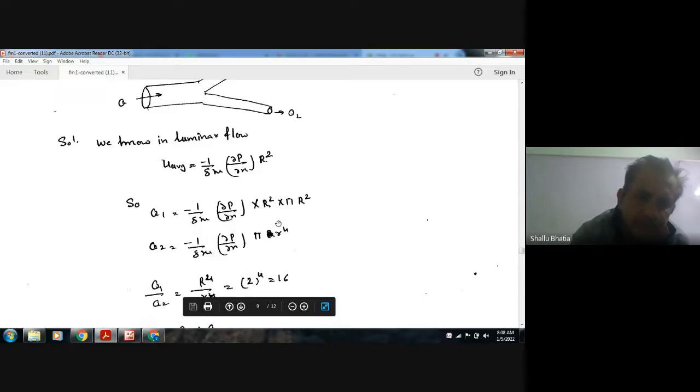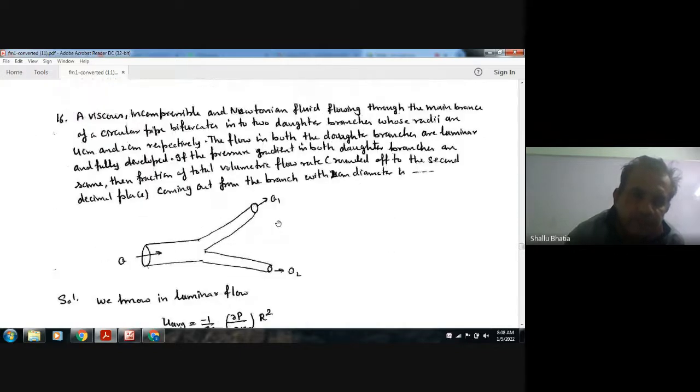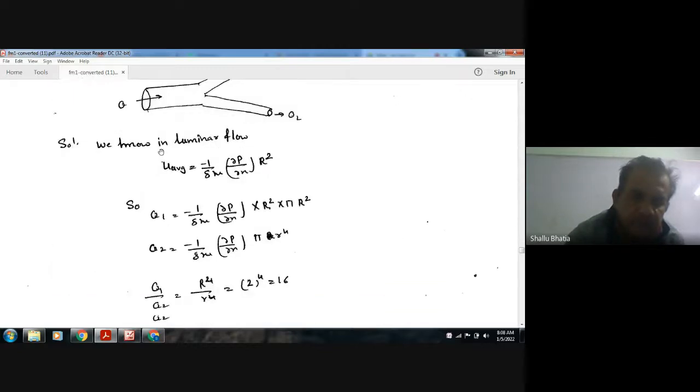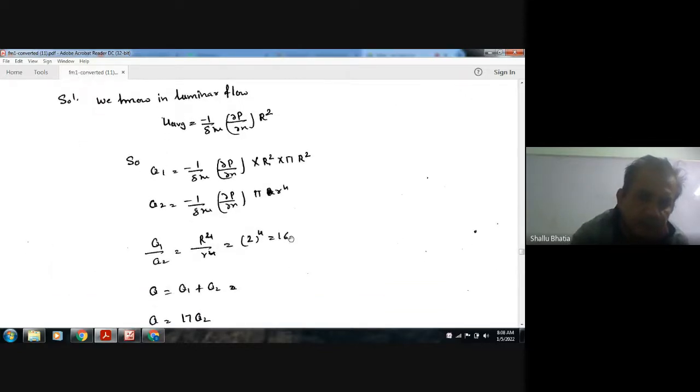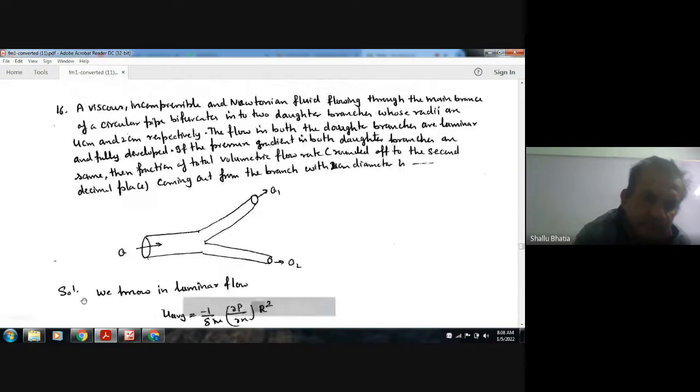So we can find the ratio of discharge because the radii of these two are given. The ratio of discharge Q1 by Q2 is 16, and the total discharge is nothing but Q1 plus Q2 equal to Q,